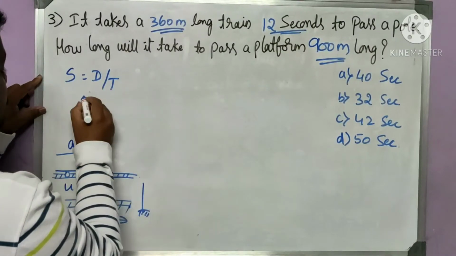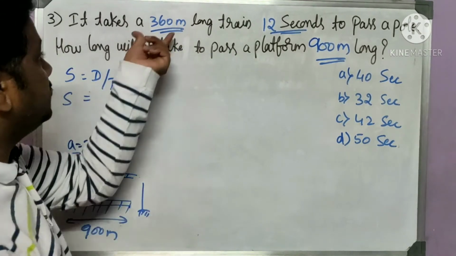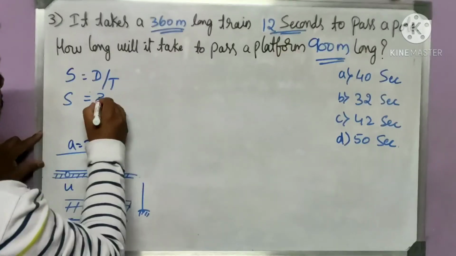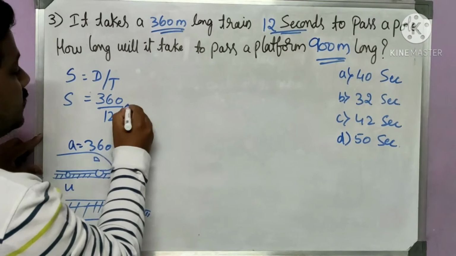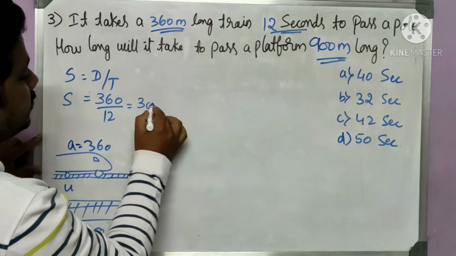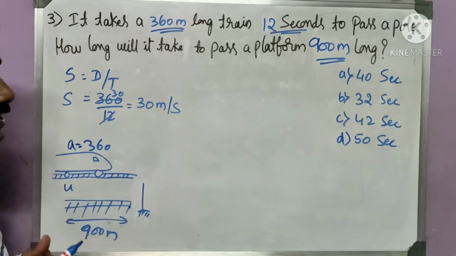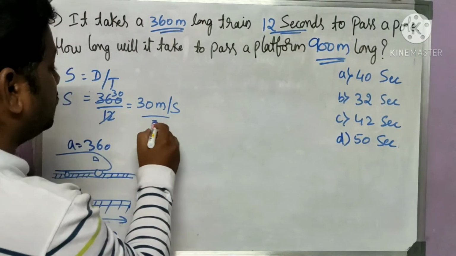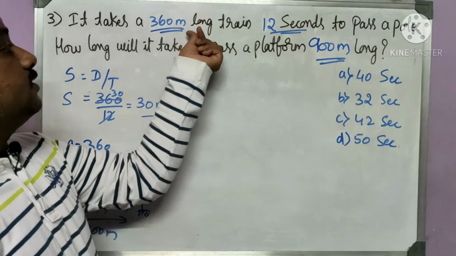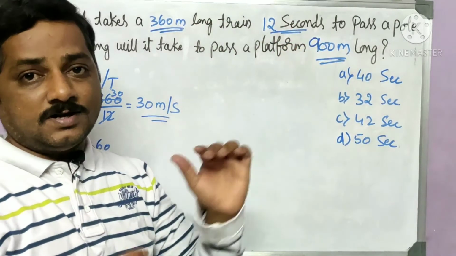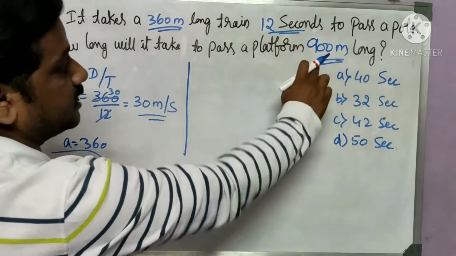So let's say the distance traveled, or the distance of that particular train, is 360 meter. The length of that is 360 meter and the time taken to cross that pole is 12. So we can say 30 meter per second. 12 ones are 12, 12 threes are 36, and we get 0 here. So 30 meter per second is the answer for speed. The speed of train is 30 meter per second. How we got meter per second? Because this length and time are in meters and seconds. So using this, we need to solve this condition now.